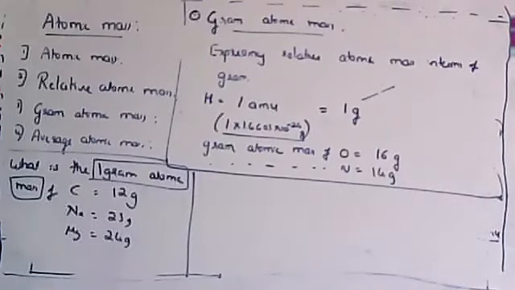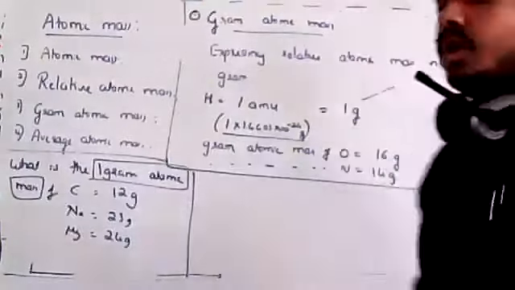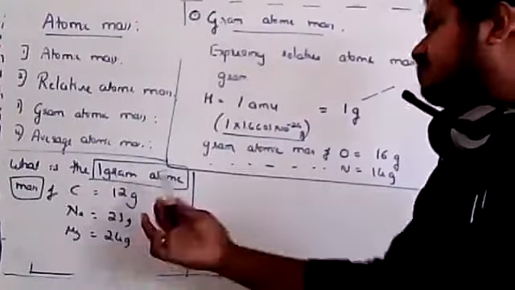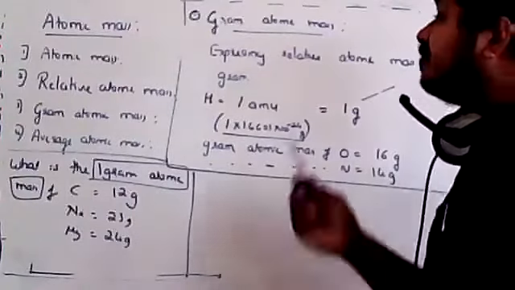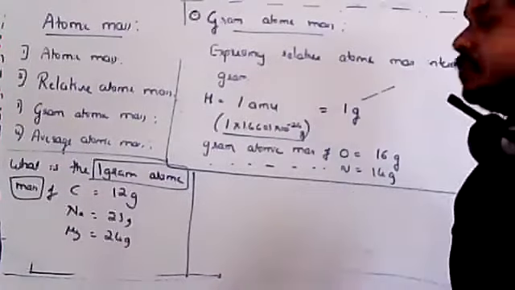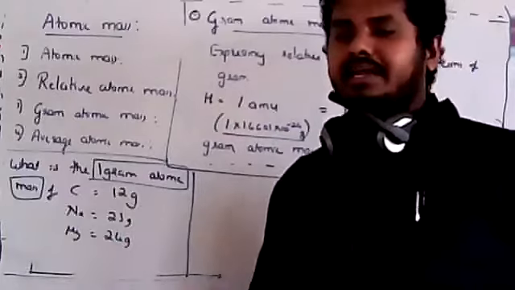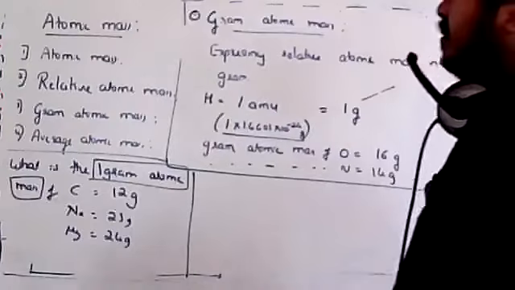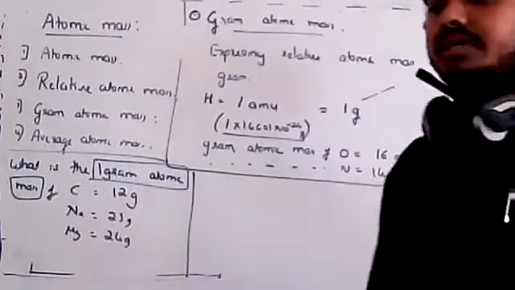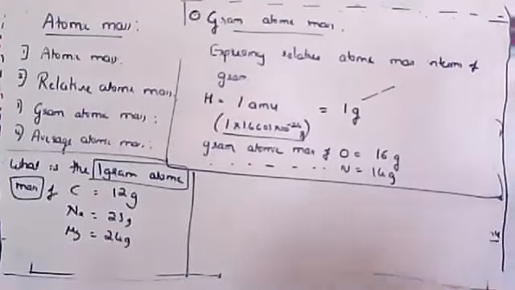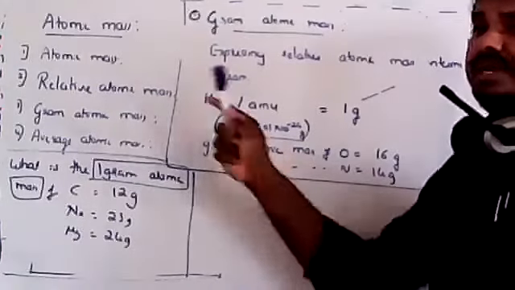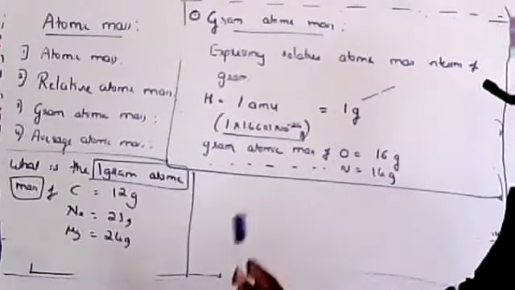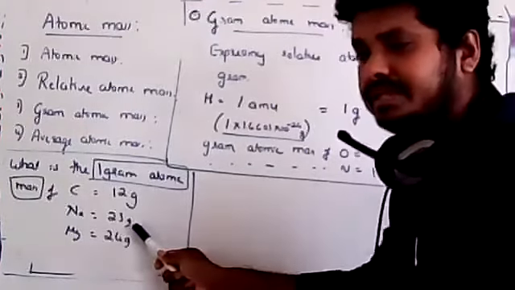Similarly, you will get gram molecular mass. Do you know what would be the weight of 2 gram atomic mass of carbon? It would be 2 times 12, that is 24. What is the weight of 10 gram atomic mass? It would be 10 into 12, that is 120 grams. Yes, Ritika, it is 120 grams, right? Expressing the given weight of AMU in terms of grams is called gram atomic mass. Yeah, sodium is 23, it is 23 grams.